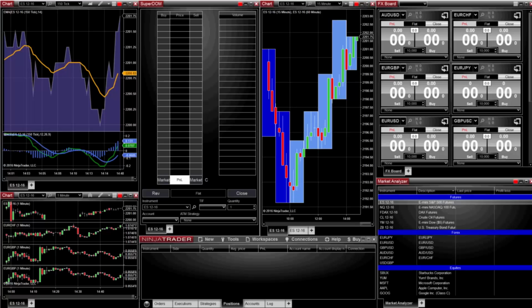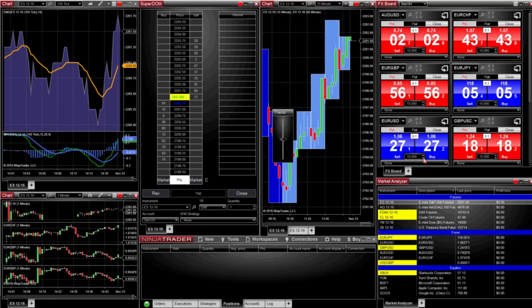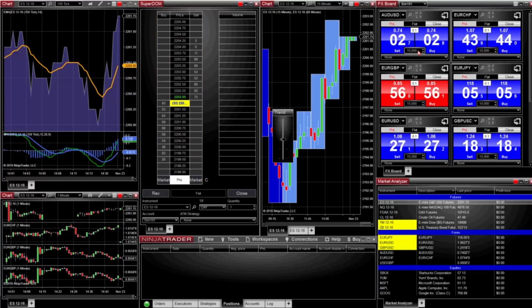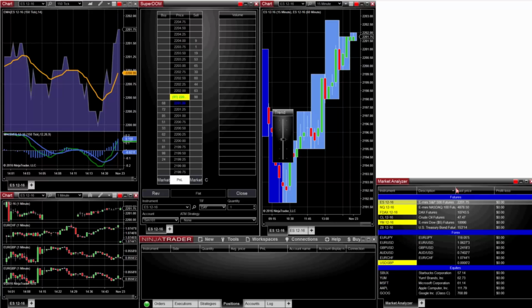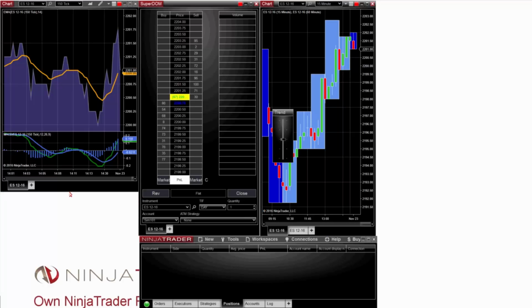and let's go ahead and jump over to my screen. You can see that it sort of looks like that, but I'm not connected, so there's no data coming through. So let's go ahead and go to Connections and Simulated Data Feed. All right, so now that my simulated data feed is connected, it's starting to look a little bit more lively. I'm going to go ahead and remove the FX board, and I'm going to remove the market analyzer. I'm going to remove this multi-series chart right here. So this is only going to have